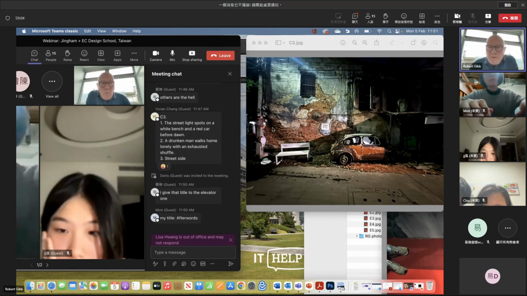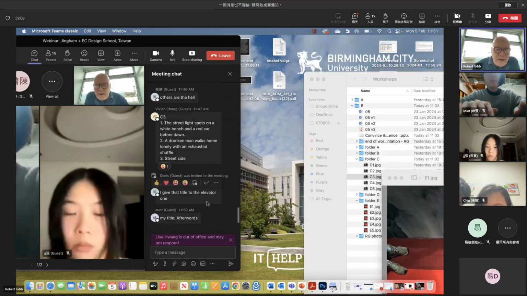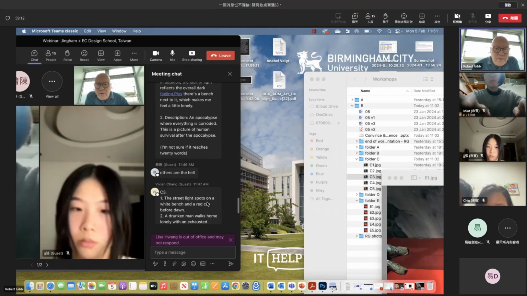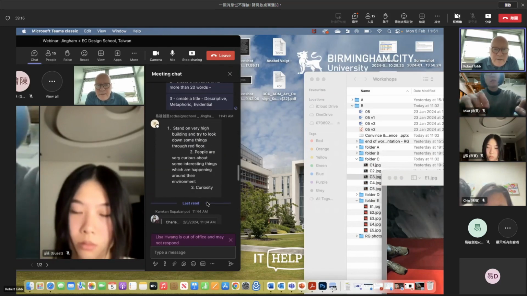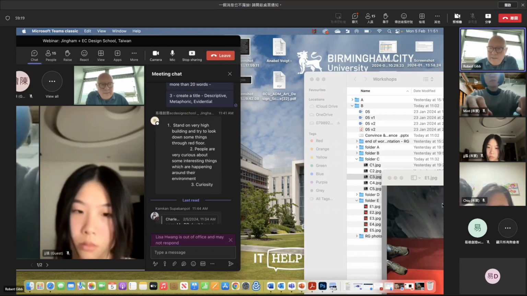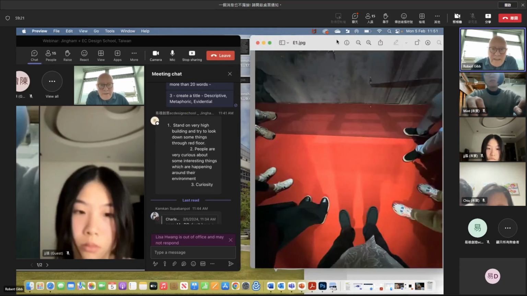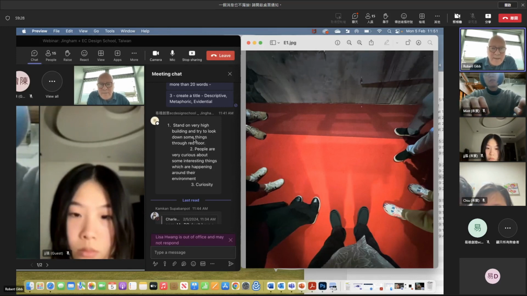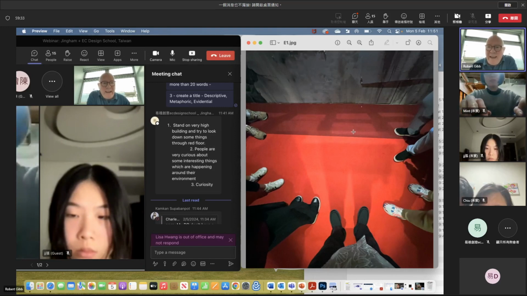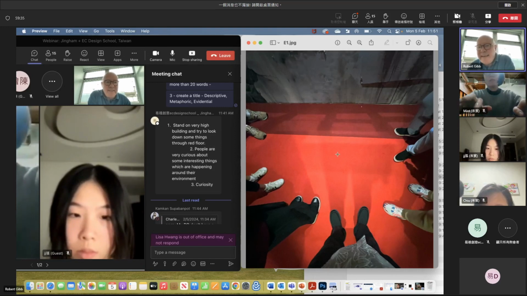Okay, so what we'll do is we're going to look at a couple of others. So car is interesting. Right, now this one. Somebody put this in here about the elevator. Right, yes, so this is interesting. So this is E1, which is the number, and this becomes interesting. So standing on a very high building, trying to look at some things through a red floor. So description, it does look a little bit like that, and it can do, partly because the part at the